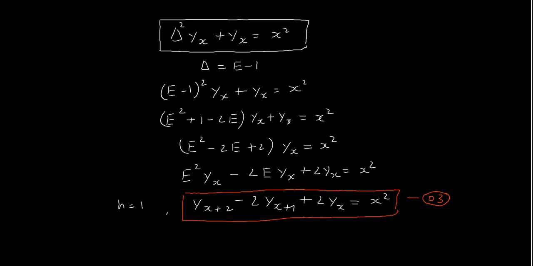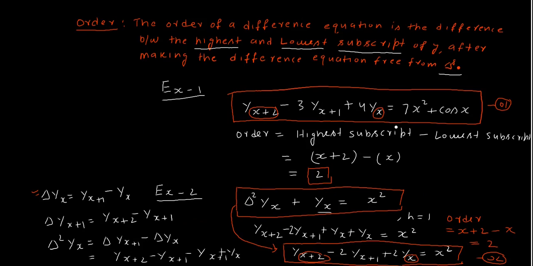So there are different ways of conversion. Means either you use the first, you convert using the shift operator from forward difference operator into a shift operator, then using the definition of the shift operator you convert in terms of y and x. You may also directly convert the difference equation, means del square y_x plus y_x equal to x square, using the definition of the forward difference